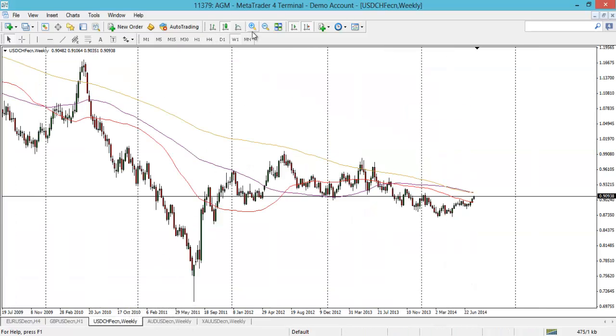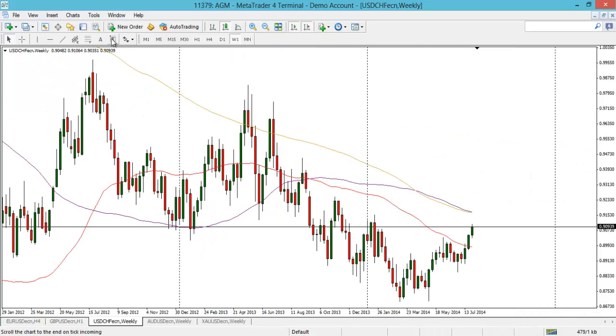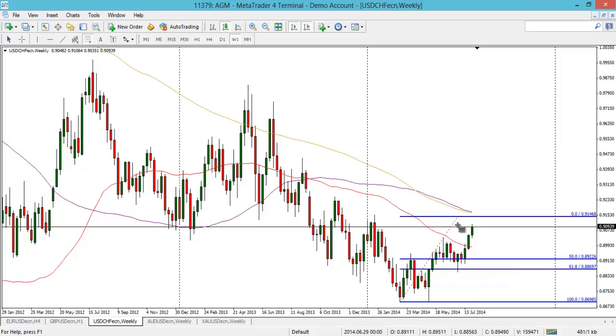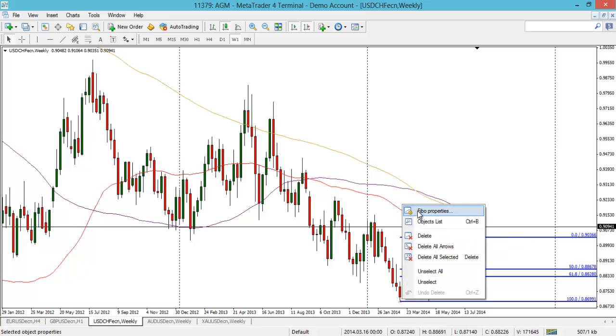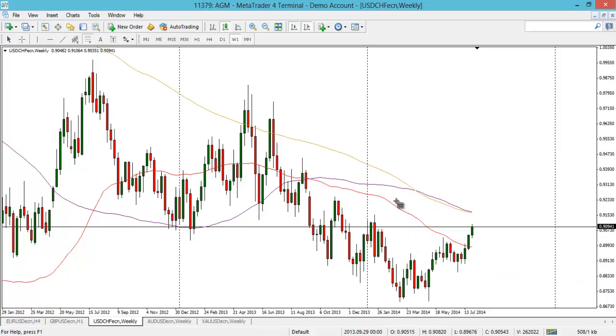Let's flip it to dollar Swiss. What's going on here? What we've been speaking about is this fib move here. That has played out. You can remember last week's weekly candle, strong close above there, and this 0% line has played out. You can then see we get that close above, we came back down here, and the 0% then acted as new support, so previous resistance then acts as new support. It looks like here that we're going to grind higher towards the 100 week moving average and 200 week moving average as well.